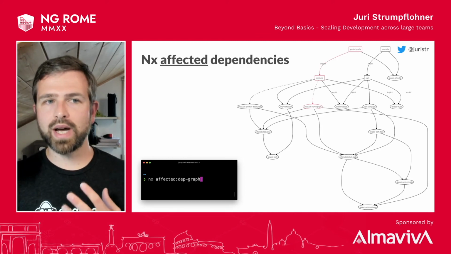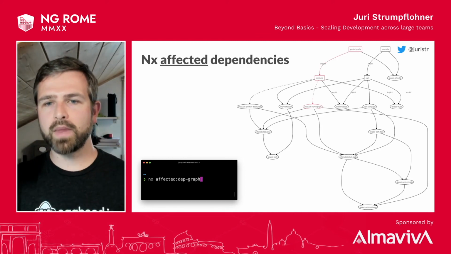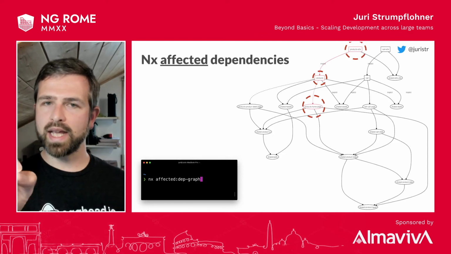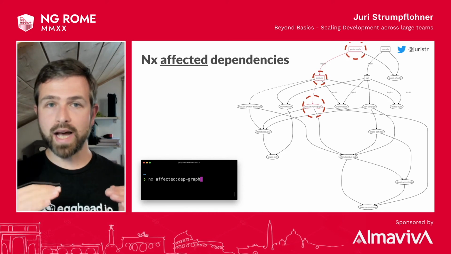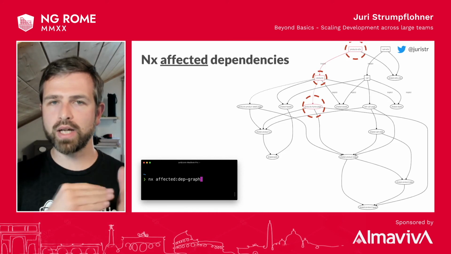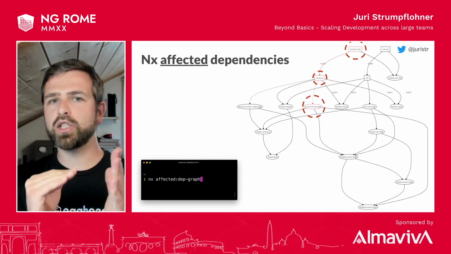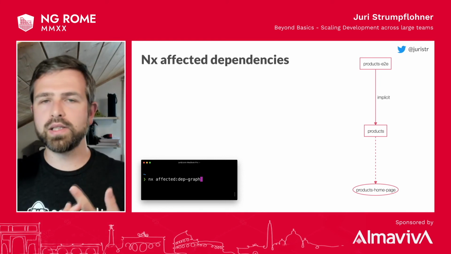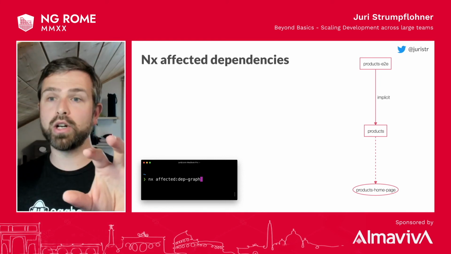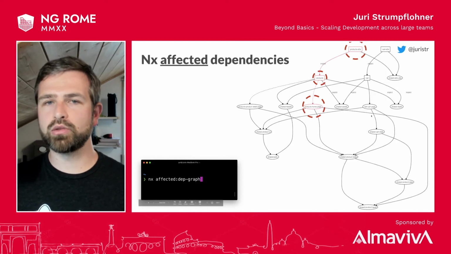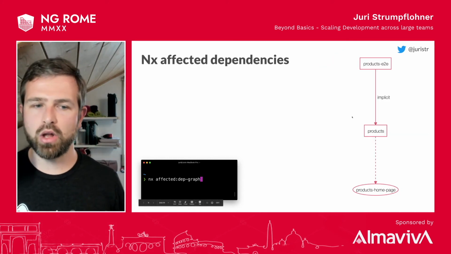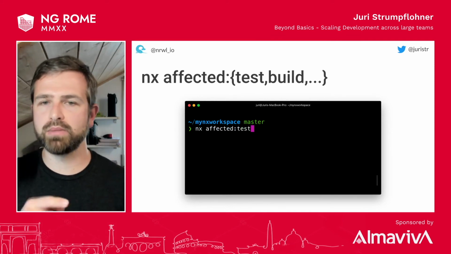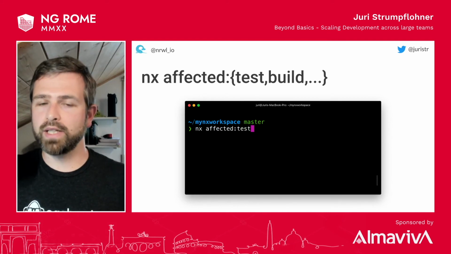For instance, you can run an NX affected dependency graph. In this case, you can see those red parts have been detected by NX as modified. What NX does is, for instance, in your PR, it runs through the Git commit history, and it identifies the project you actually touched. As a result, it can only run the test, the build, the linting, whatever you need to run on those 3 projects, and you can exclude all of the others, which you can see in this graph. You can imagine that this already helps a lot in scaling your CI runs. And so you have those affected commands for testing, building, also for your custom targets, which you might define in the angular.json file.